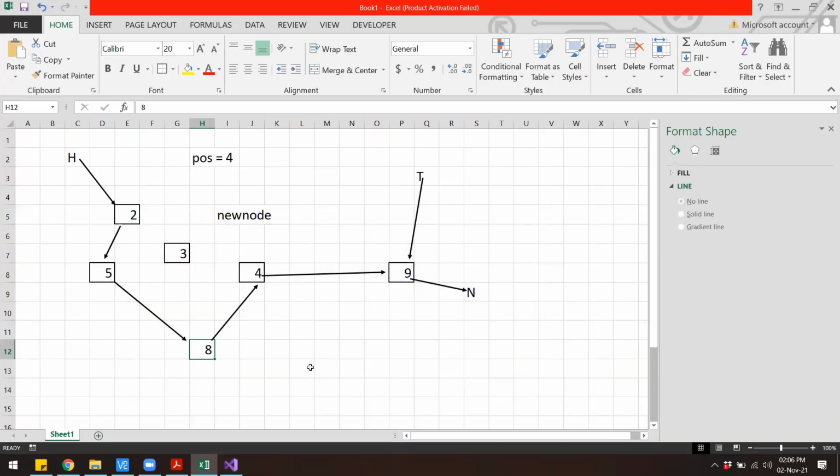So we will give the name iter to this node, after which we want to insert our node. In this case, since we want to insert after 8, we will give this name to 8. If I want to insert after 4, then I will give this name to 4. And let's see how this name is actually assigned.